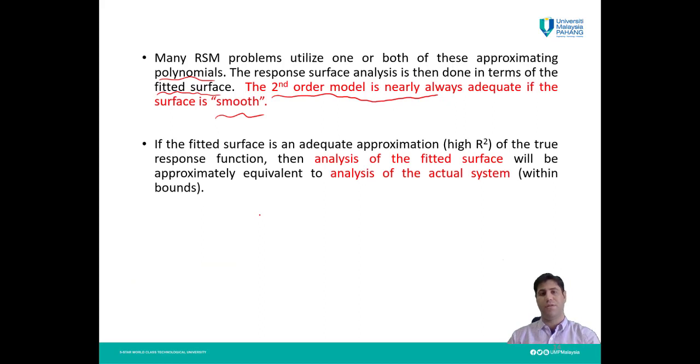You may know about that from mathematics. But usually, the problems which we are dealing with, which are suitable for the RSM, a second order model is enough. Then if the fitted surface is an adequate approximation,